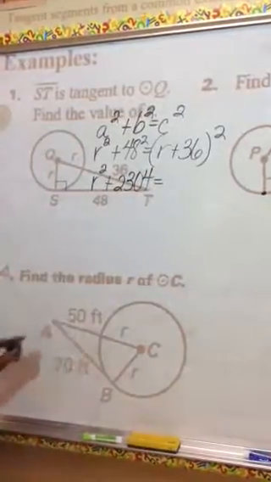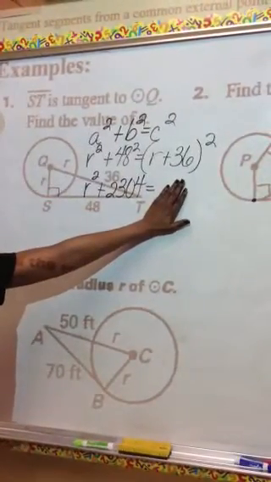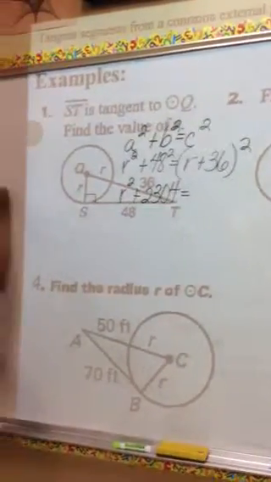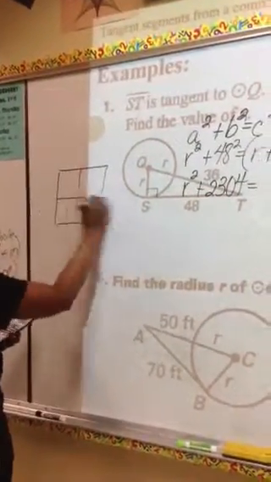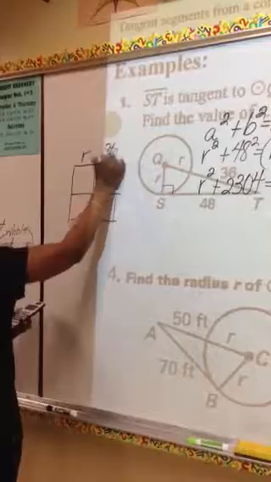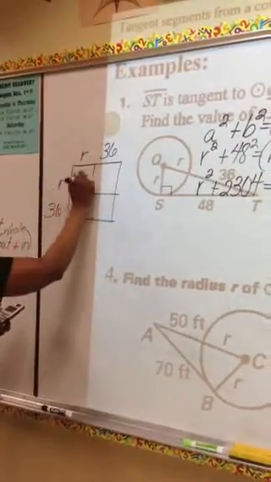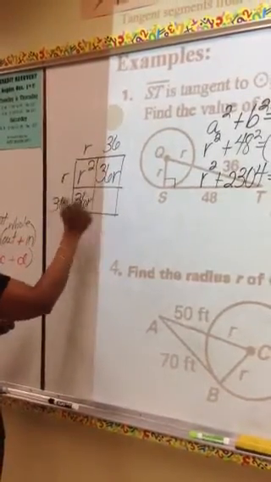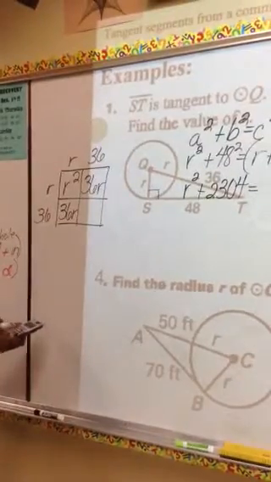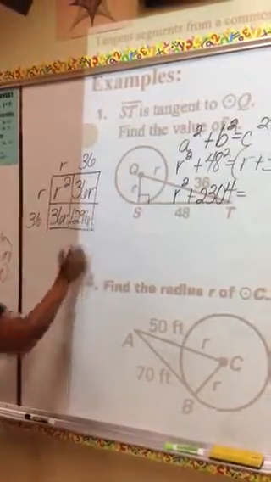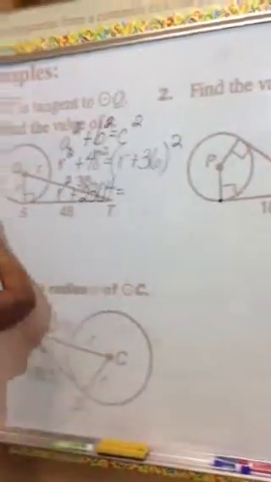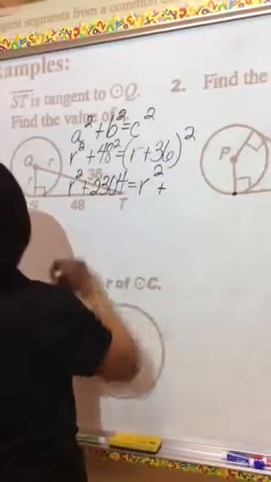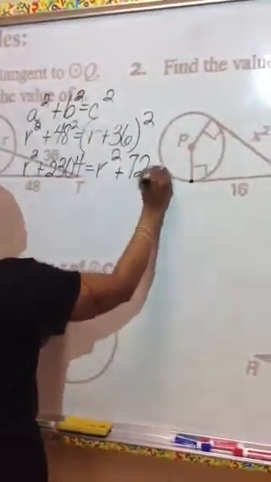2,304. But to square this binomial, you have been taught to use the box method. So find some scratch paper to do this work, but on the side, you're going to form a 2x2 box, and we're going to multiply r plus 36 times r plus 36. So here we get r squared, and in this block we get 36r. Here we get 36r, and over here, 36 times 36, or 36 squared, is 1,296. All right, so now we want to bring down this trinomial. So we write it as r squared plus 36 plus 36 is 72, so 72r plus the